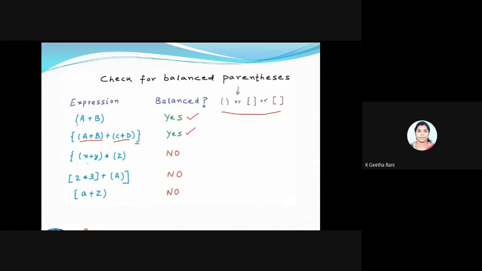But if you look at the third example, I'm opening a curly bracket, but I'm not closing the curly bracket. So it does not have balanced parentheses, so it's going to give the answer no. Here also we can see I'm not having an opening bracket, so it's going to be no. Again, here I'm not using a closing bracket, so it's going to be no. So we are going to check only the brackets, the parentheses, for balancing. We will see how to do this. If you take this expression, only the brackets will be considered, not your strings or anything else.